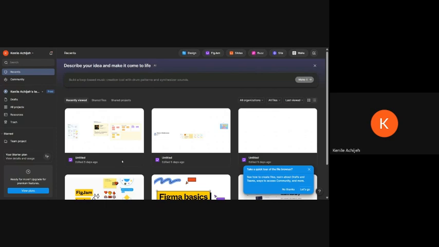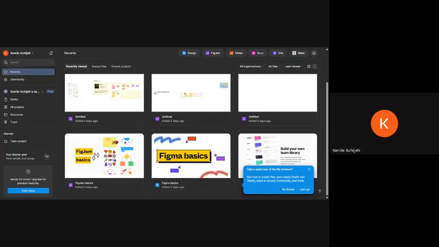This part is where you see your work. You see all your projects and all of that. For now, I don't think I have any major work or project on this particular account,